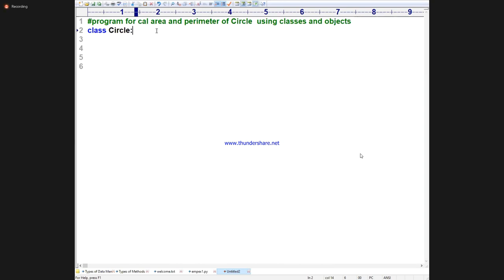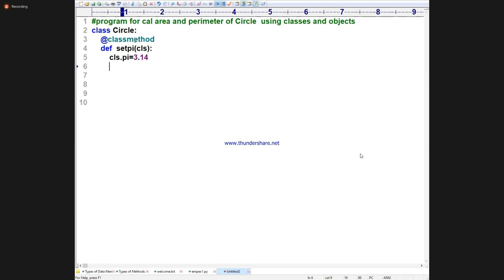Class level method. So I'm writing @classmethod, def set_pi. So I'm writing cls.pi is equal to 3.14.